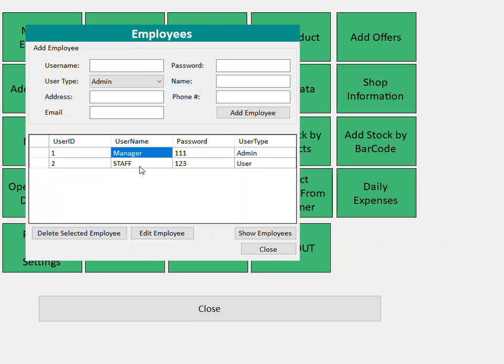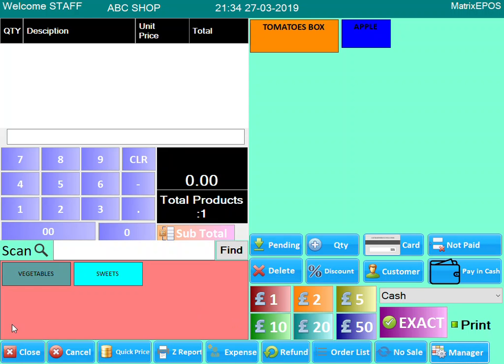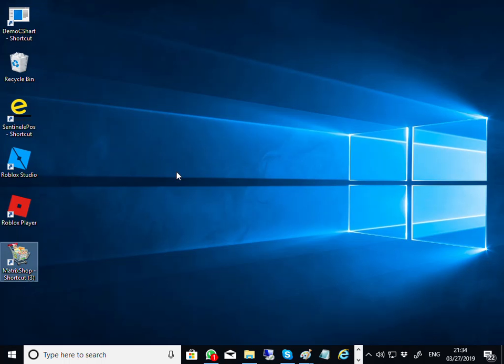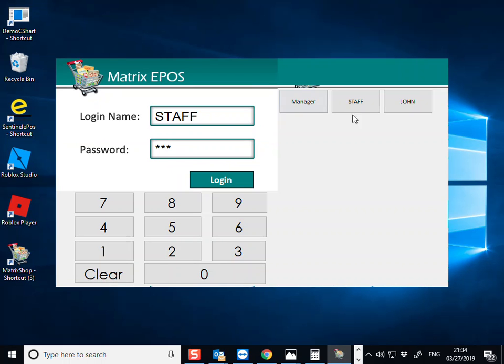One last thing which I would like to discuss with you is if you want to add a user. There are two users. If you want to add another new user, for example, maybe you want to add a user named John, assign it to administrator and then give a numeric password, so 7894, and then press add employee, and it's been added now. So later if you log out,